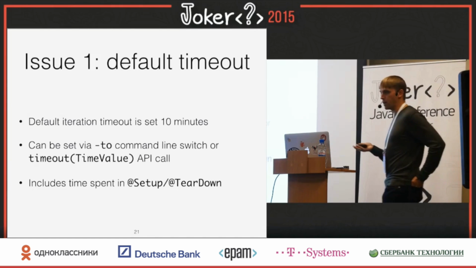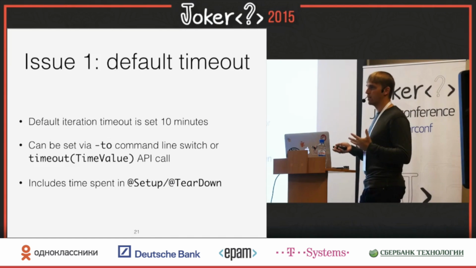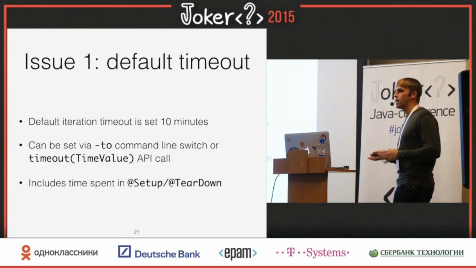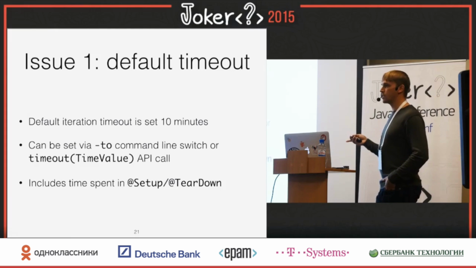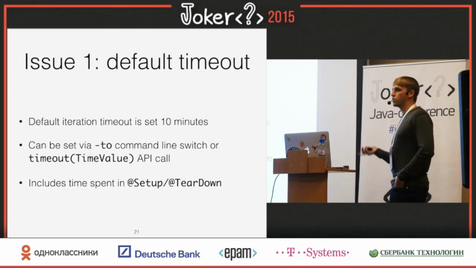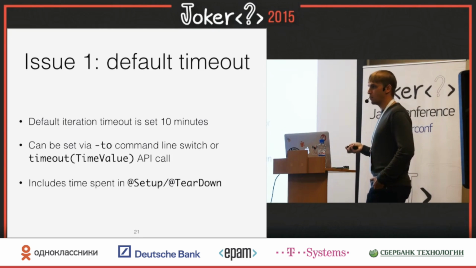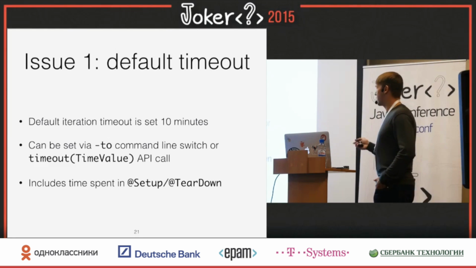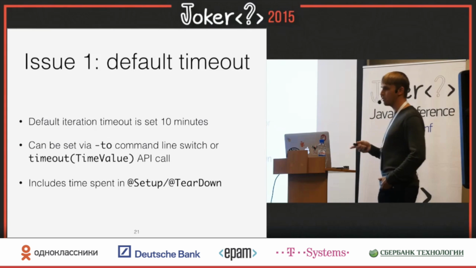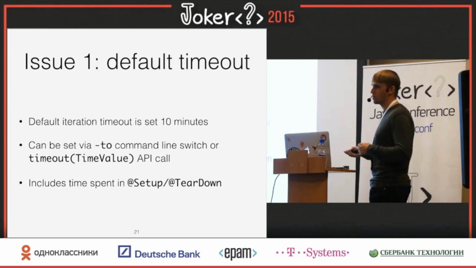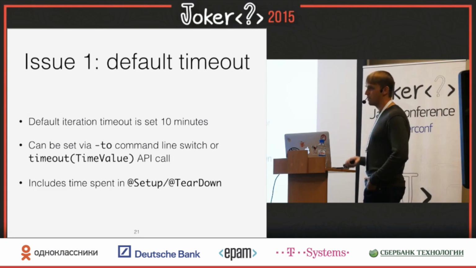However, if you have a big benchmark, what you usually have to do is prepare some data in the setup. And in some of our cases, the setup was taking 45 minutes to run. So you would sit there for 45 minutes in the setup, you would prepare data, and the very moment you get out of the setup, JMH would kill your run and say, you know what, you failed the timeout. So that's why in the runner, we set the timeout to 1 day. We say, okay, if within 1 day our benchmarks don't respond, let's kill us, but otherwise allow us to do crazy things. Because usually we run the benchmarks on an empty database, and we have to generate a lot of data model, insert lots of objects, and do lots of crazy stuff, and that takes a lot of time.